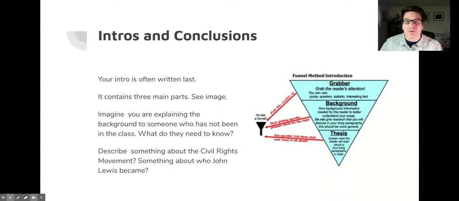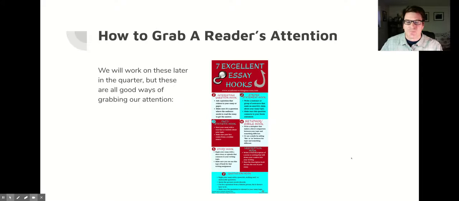The background should be information that you give to somebody who hasn't read March or that maybe doesn't even know much about the civil rights movement. So you might want to explain this is the 1950s and 60s. You might want to explain that John Lewis became a congressman, so that you give some people some orientation, some ground that we all agree on and can understand, kind of like what we did with the stuff about nonviolence and the 50s civil rights movement and Brown versus Board of Education. Some background before they get into your main ideas. And then here's your main idea right here at the very end. This is called a grabber or a hook, as you can see right here.